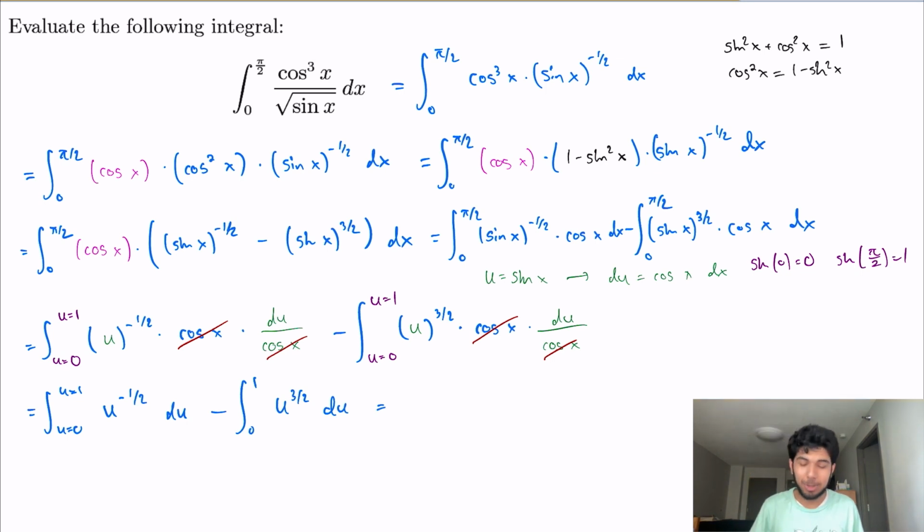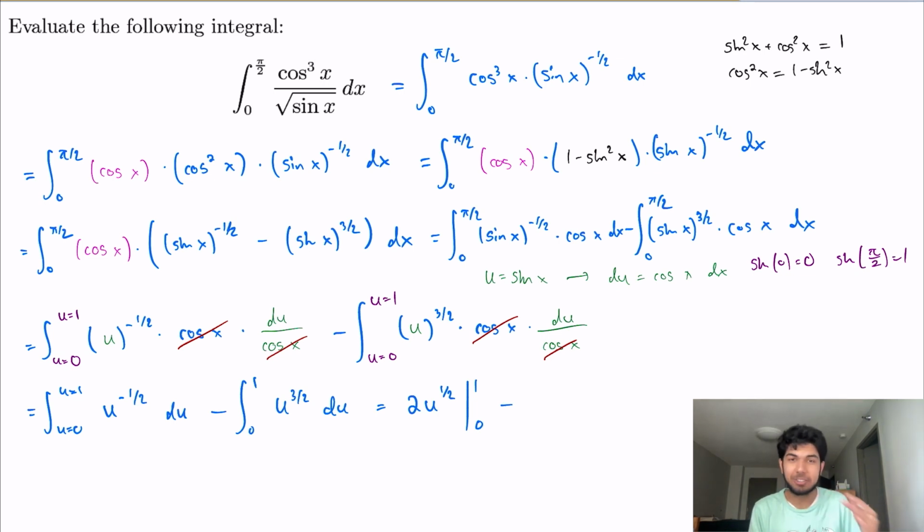Got a nice little power rule here. So for the first one, we raise the exponent by 1, negative 1/2 plus 1 is 1/2, and we divide by that new exponent. So dividing by 1/2 is the same thing as multiplying by 2. So we get 2u to the 1/2, evaluated from 1 down to 0, minus